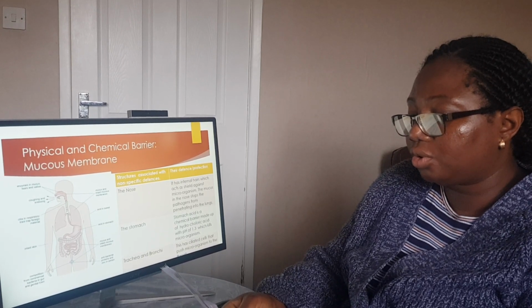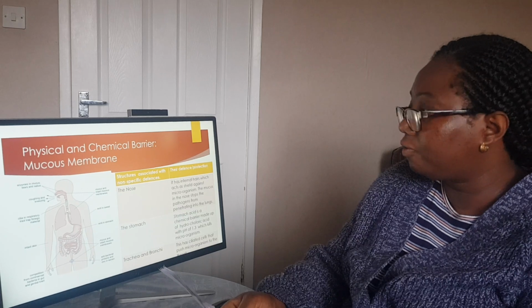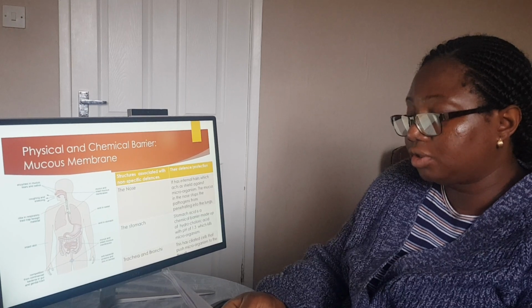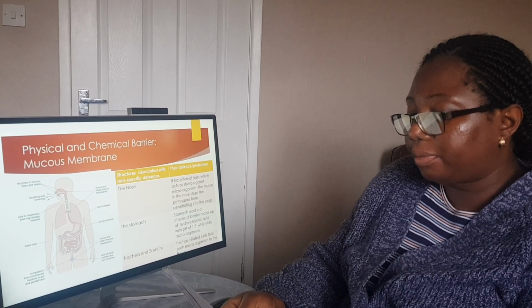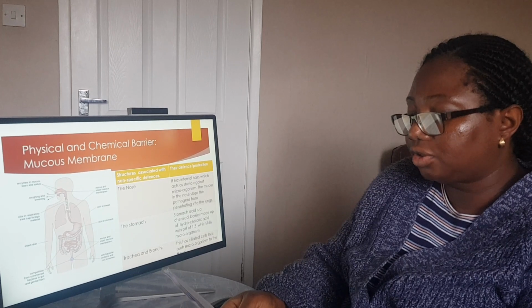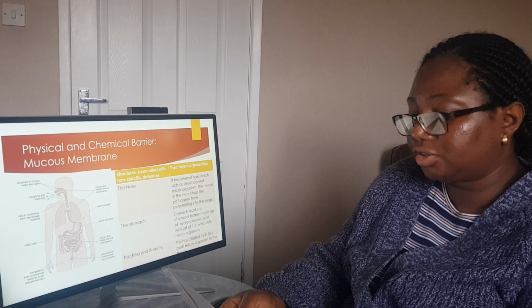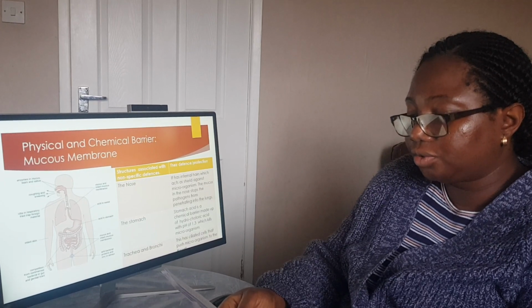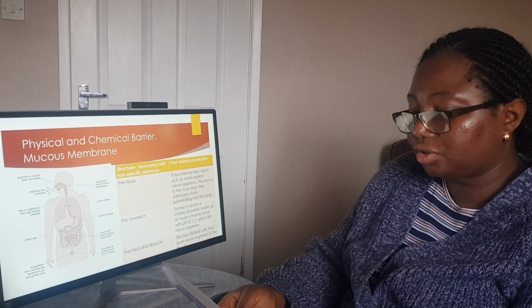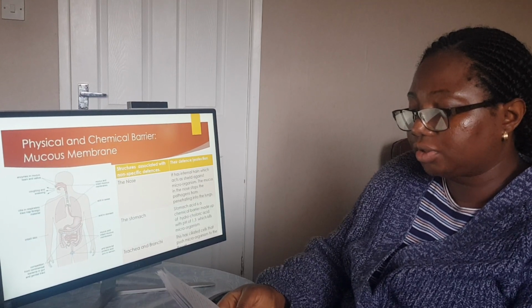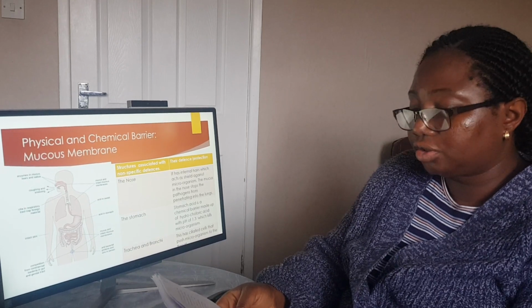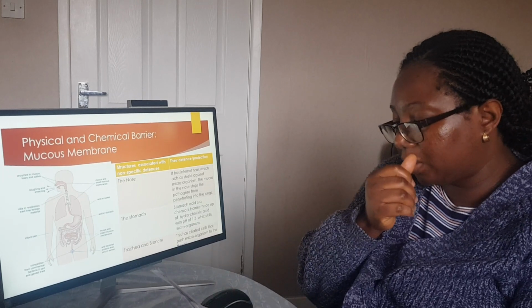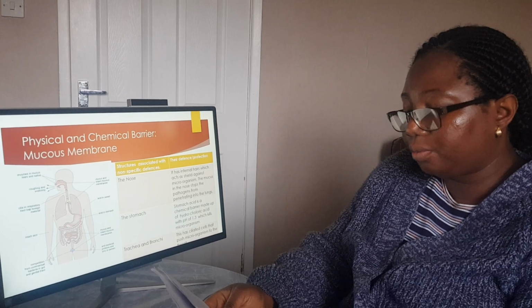Another example is the stomach. Stomach acid is a chemical barrier made up of hydrochloric acid with pH of 1.3, which kills microorganisms. The stomach acid, pancreatic enzymes, bile, and intestinal secretion are found in the gastrointestinal tract, and each provides a chemical barrier against infection. The movement of chyme through the digestive system by peristaltic contraction also helps to remove pathogens which may cause harm. According to some pathologists, some 70% of our immune system is located in our gastrointestinal tract,